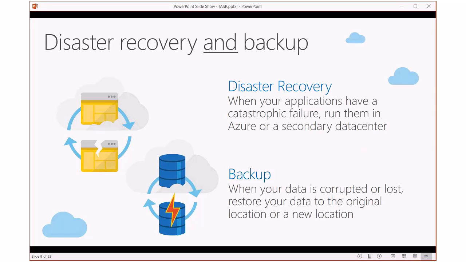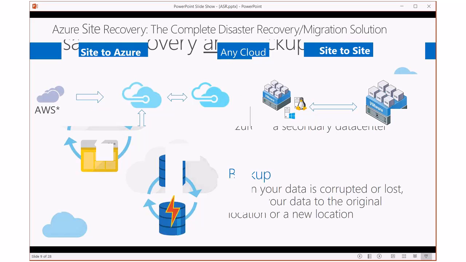Backups, that's again very straightforward. There's no difference to what you've been doing before. If you need to pull back data, data's lost, corrupted, or has been altered, and you need to get the original back, backups are there, but now they're just in the cloud, where storage is cheaper, where you can save them for longer, and you're not reliant on shipping tapes through with a blue box to somebody and waiting for them to come pick it up or anything like that. All right.